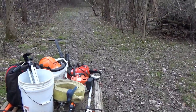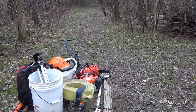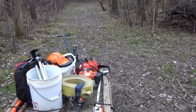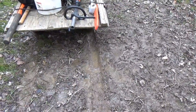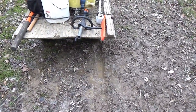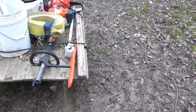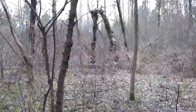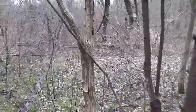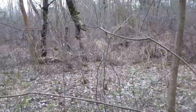All right, some ice on the standing water, but the ground isn't frozen hard enough yet for the tractor, you can see, but the wheels aren't sinking in too far with a reasonably heavy load I probably couldn't carry. But we're not going to work on this section today. Today, we would like to have a look at this tree